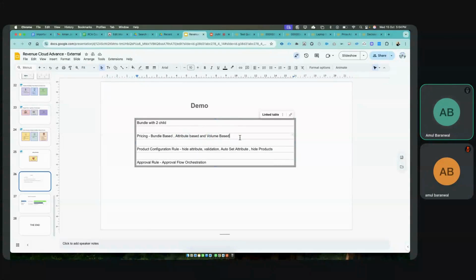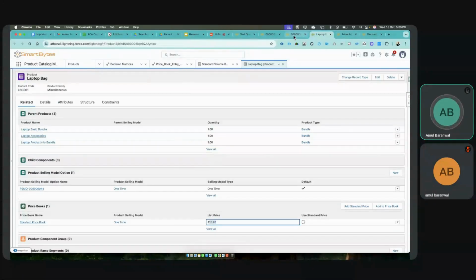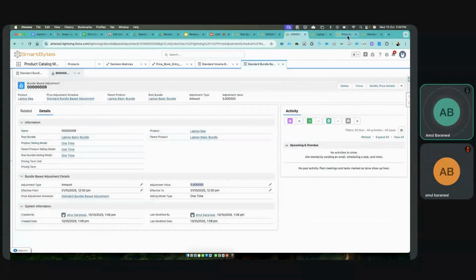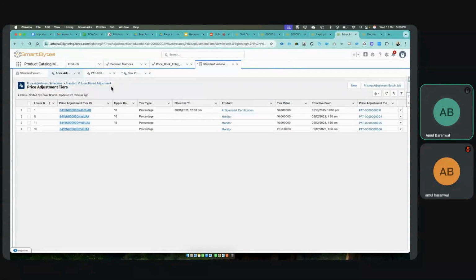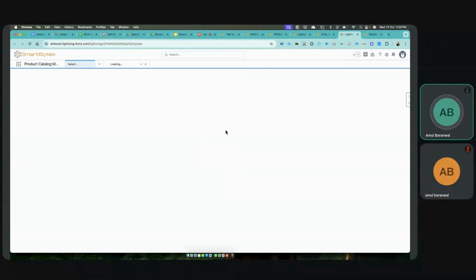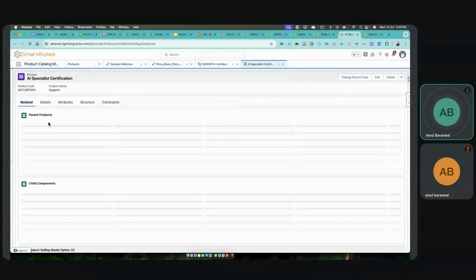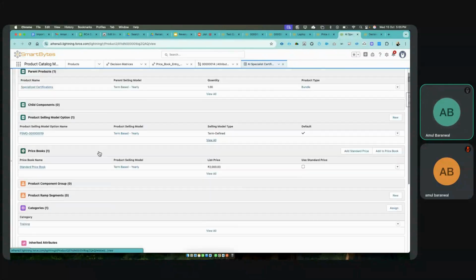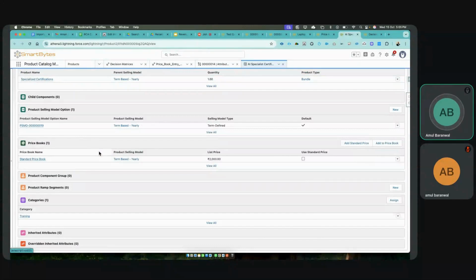Volume based pricing is basically quantity based pricing. So the quantity based pricing is basically where we are going to give a discount here, right? Let's discuss our quantity based discounting called volume based discounting. Here I would like to take one example called AI Specialist Certifications. If I open this particular product, let me show you the pricing for this AI Specialist product, and then we'll create a volume based adjustment that will override the price. So here the current price is